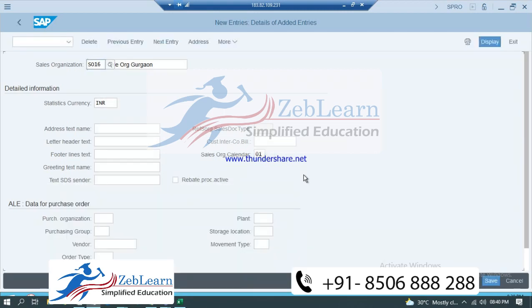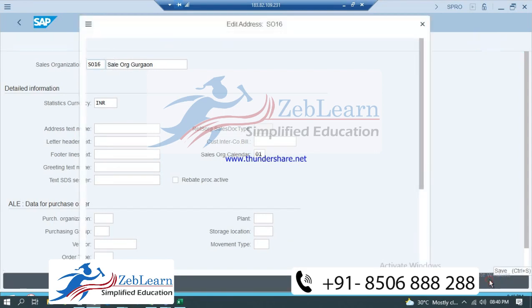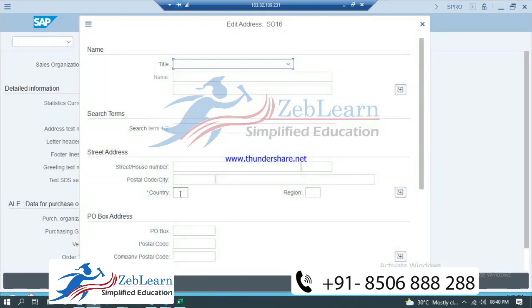Again enter. Then again click on save. So enter, save. And then again country IN. And then put a down arrow and write enter.